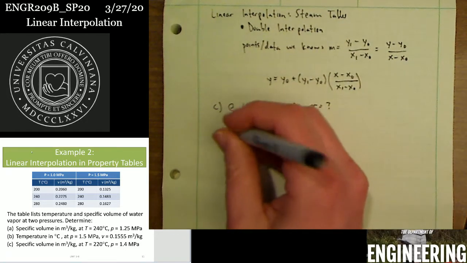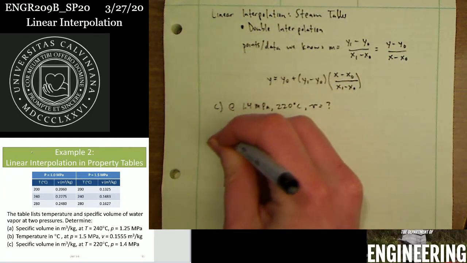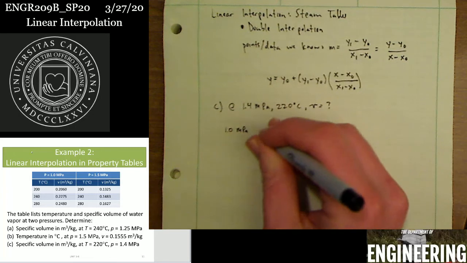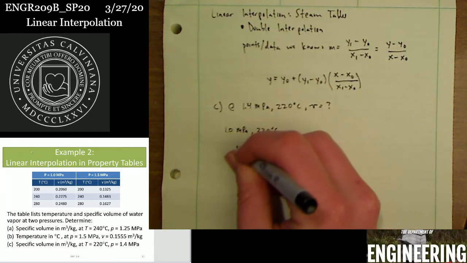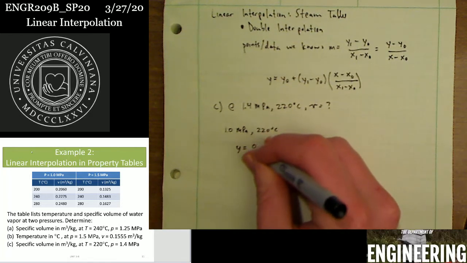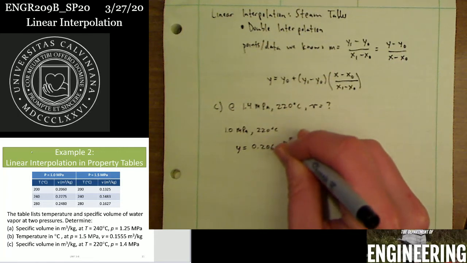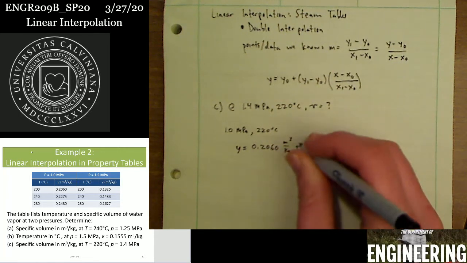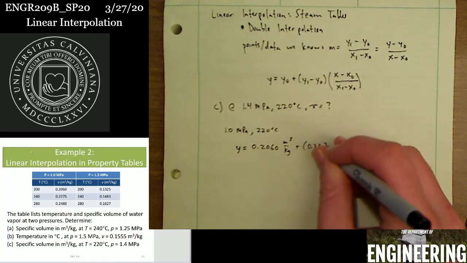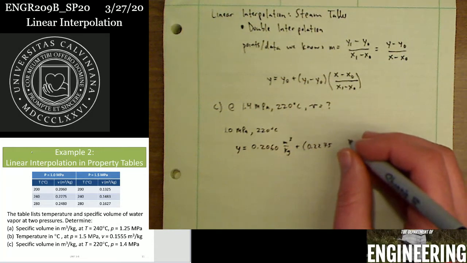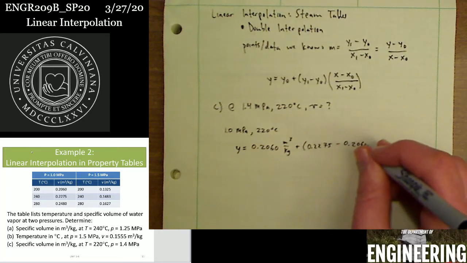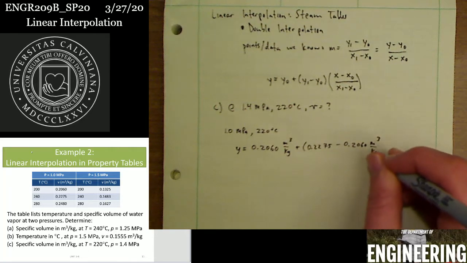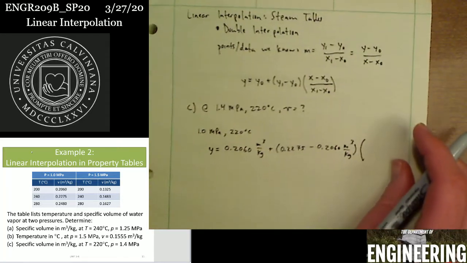So we have 1.0 megapascals, 220 degrees C. So for that one, we have y equals 0.2060 meters cubed per kilogram plus 0.2275 minus 0.2060 meters cubed per kilogram times our